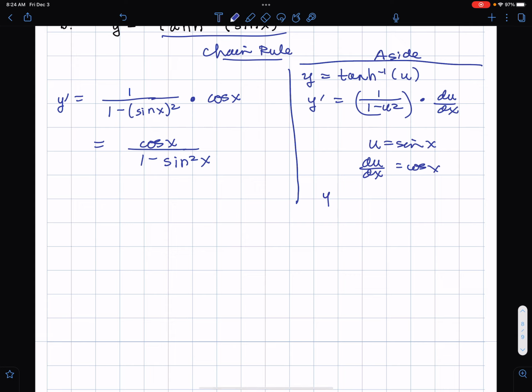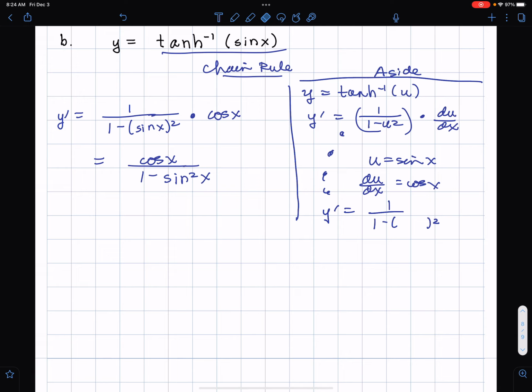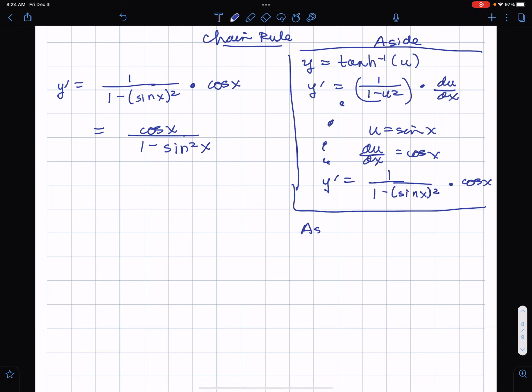So this is sort of an aside. I mean, you could take it all the way here. You could write this one, going from what we have above here, y prime equals 1 over 1 minus u squared, which is sine x squared, times cosine x. Okay, so same, just a little bit different in the way I'm organizing it. Here's another aside we talked about above already. Cosine squared x plus sine squared x, this is trig, equals 1. So therefore cosine squared x equals 1 minus sine squared x. So back up here,